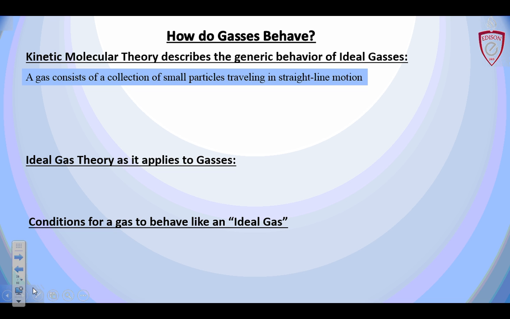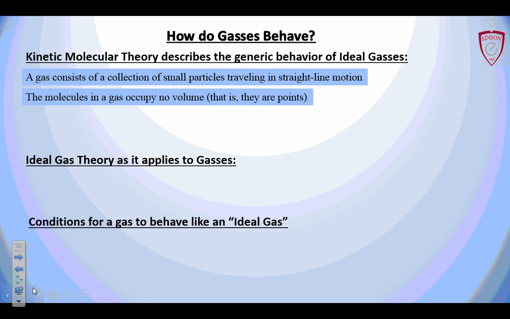Got some postulates. We call it KMT sometimes. Yeah, I would call it KMT. And there's rules, and we're going to use this a lot. The KMT points. Gas consists of a collection of small molecules, specifically going in a straight line. We also assume that those molecules have no volume. That is, they're behaving like points in space, which isn't really true, but it's part of KMT.